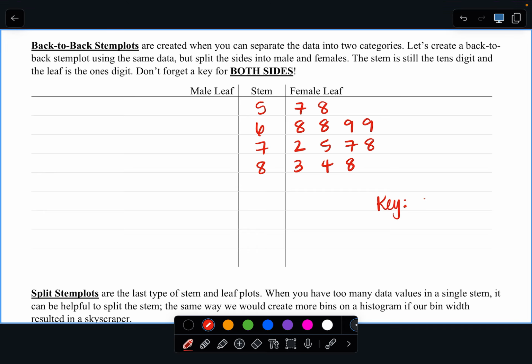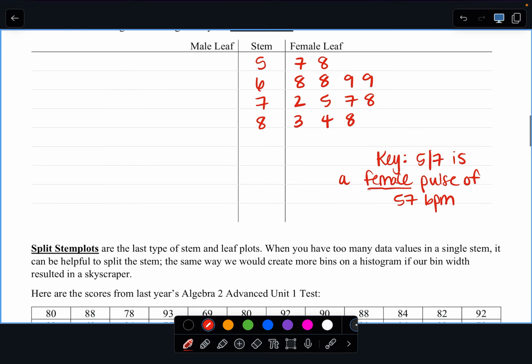I'm going to do a key. I'm going to say 5|7 is a female, because we will have a key for each side, pulse of 57 beats per minute. Now, for the male side, whenever you do a back-to-back stem plot, the smaller numbers are going to be closest to the stem. So when I sort my male data, I'm going to start with the 2 being the closest to the stem